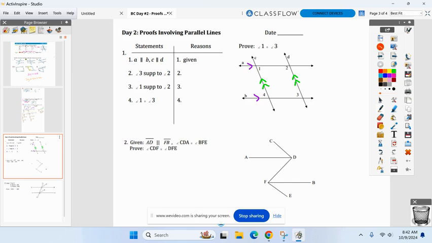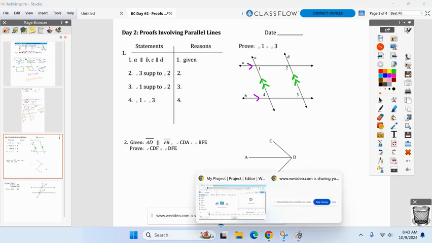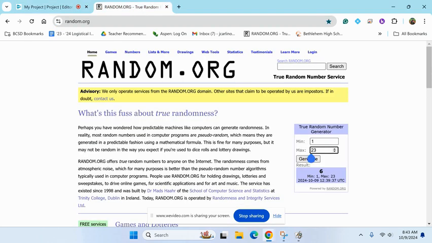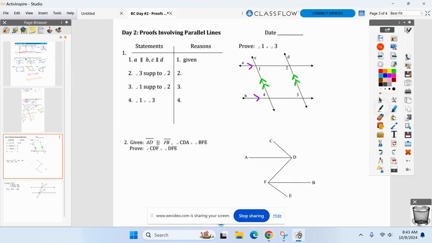They're not linear pairs, so get that out of there. 3 and 2. Look where they are. Why am I saying they're supplementary? What type of angles are they? Let's start, Juliana. Same side. Everyone, same side interior angles. Everyone agree? So if they're same side interior, they have to be